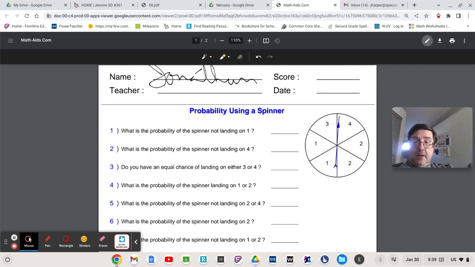I like to use calculators, and you can do a lot of math with calculators, but you can't do everything. You still have to know the process of what you're doing. And this is some higher level math. We are dealing with probability. Now, the probability is using a spinner,